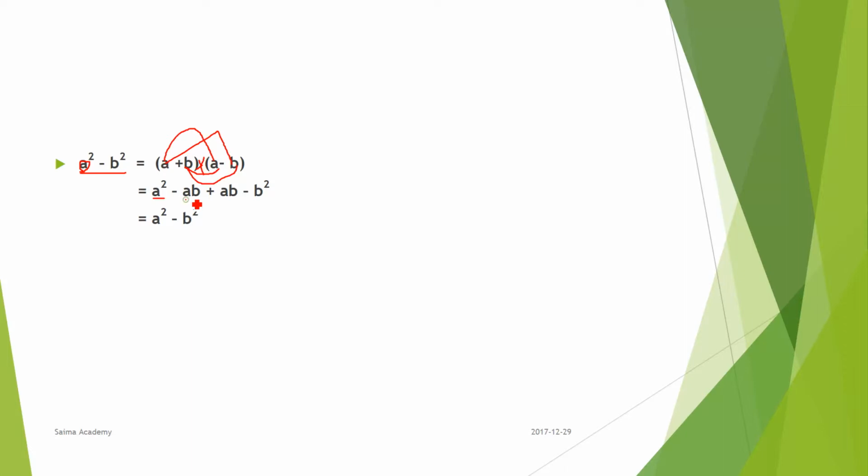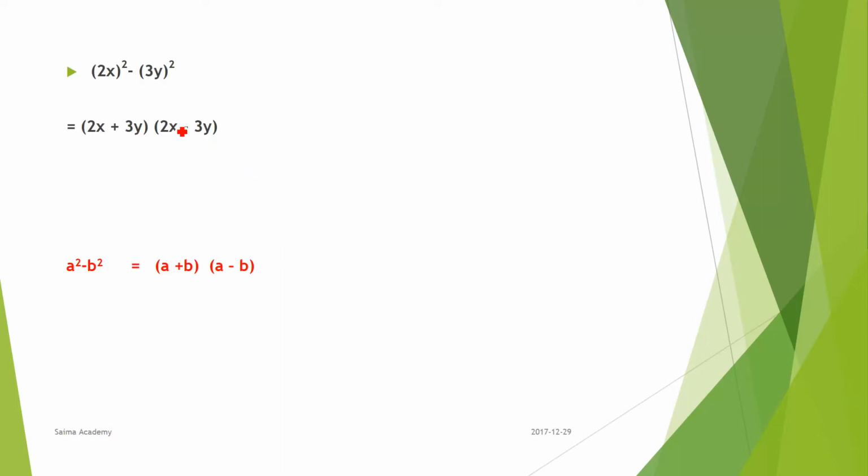So see, this is the same, minus ab plus ab, right? So this cancels out because there is no other coefficient, it means the coefficient is 1. If it would be a square b or this is ab, then it will not cancel out. Exact same, this is ab, this is plus, this is minus. Suppose you had one candy and you gave it to your friend. How many left? 0. They will cancel out. So what is remaining? A square, here minus b square. So this is the proof. So a square minus b square equal to a plus b multiplied by a minus b.